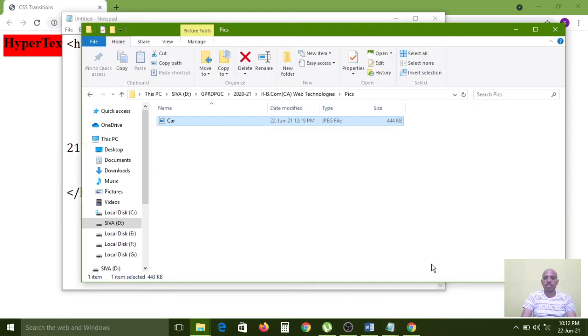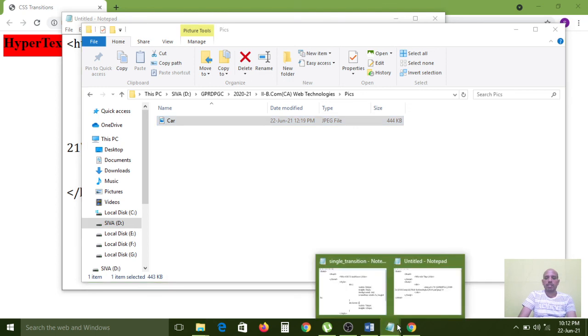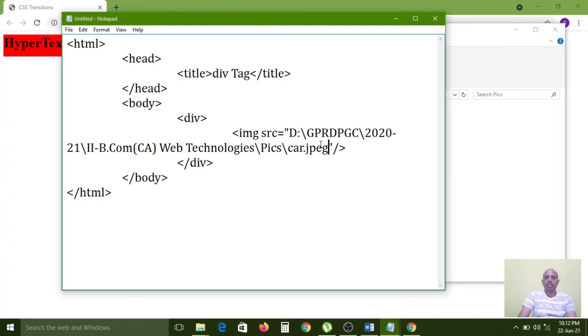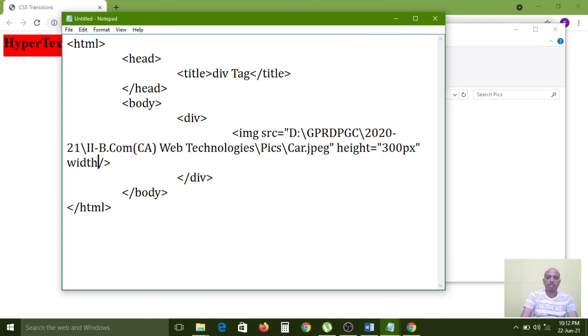Here I have given small letters. Okay, right, and height equal to 300 pixels, width equal to 500 pixels, right?